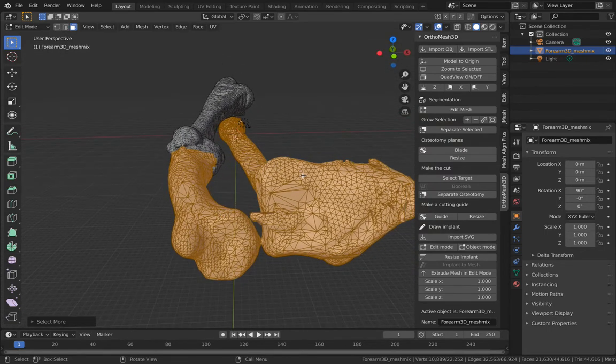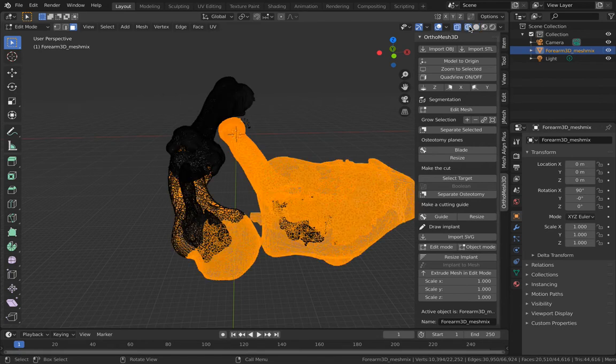To correct that, what you do is you're going to use the circle select. Click on the circle select, and then it gives you a paint tool. Press down the shift key, so you will be deselecting. If you are not pressing down on the shift key, you are selecting, so you are adding to the selection. So we want to have the shift key pressed down, and actually it's better to do this in wireframe mode so you can see more of your selection and deselection. So let's do this here, and keep deselecting